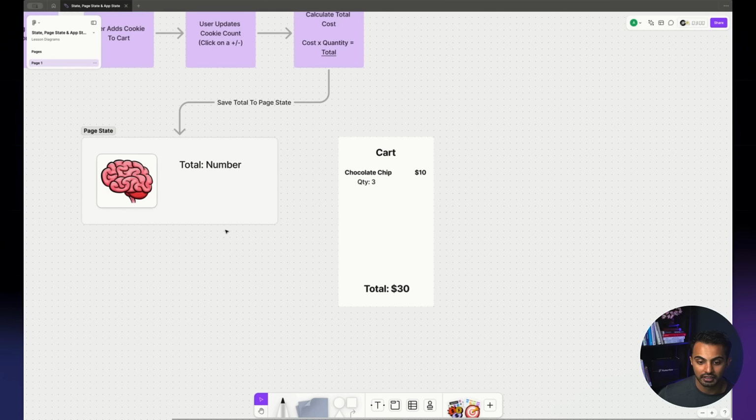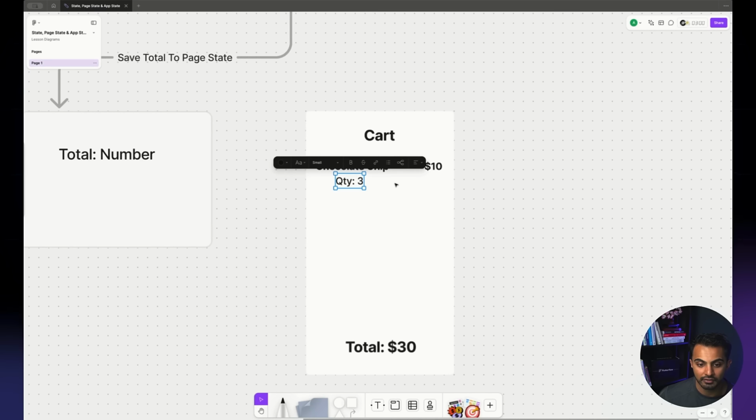And just for sake of illustration here, I created this basic user interface sketch where you're going to have a cart. It's going to show all the contents of your cart, the price, and then whenever a user clicks plus or minus here, right? If a user clicks on plus or minus, this number will go down and we will update the page